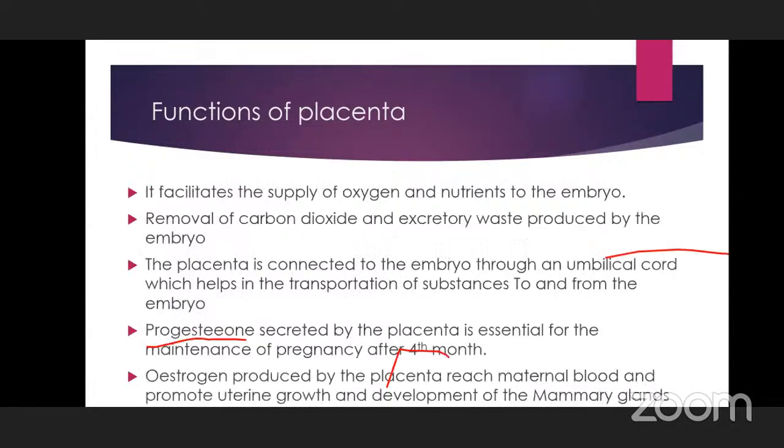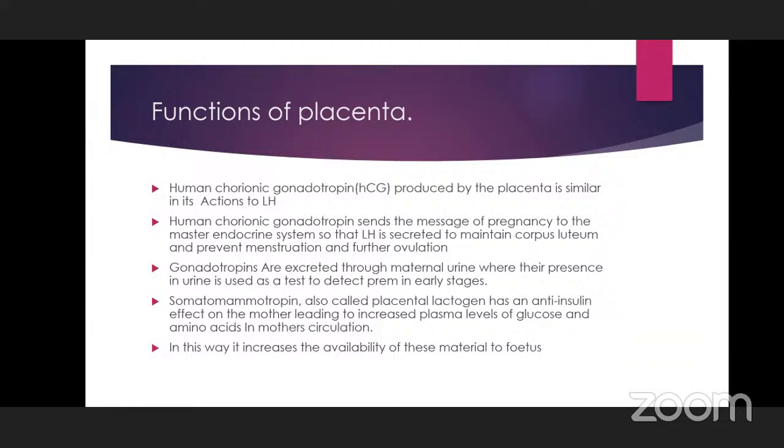Carry on. Okay. So human chorionic gonadotropin, that is HCG, is produced by the placenta, and the functions of this are similar to that of the luteinizing hormone. And human chorionic gonadotropin sends the message of pregnancy to the master endocrine gland, that is the pituitary gland, so that LH is secreted to maintain the corpus luteum and prevents menstruation and further ovulation. So this HCG is released from the placenta, and it sends the message to